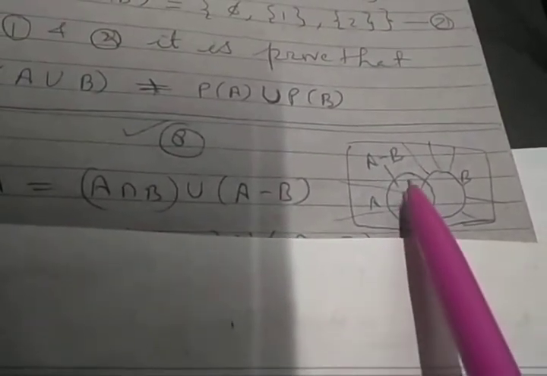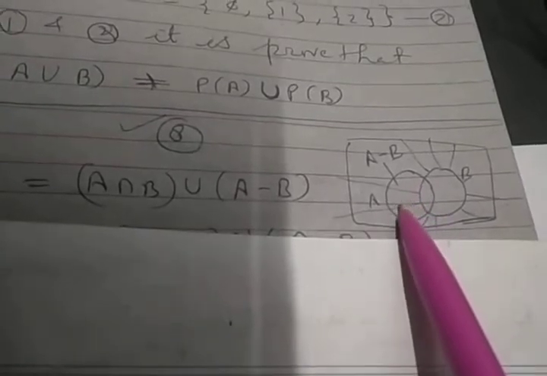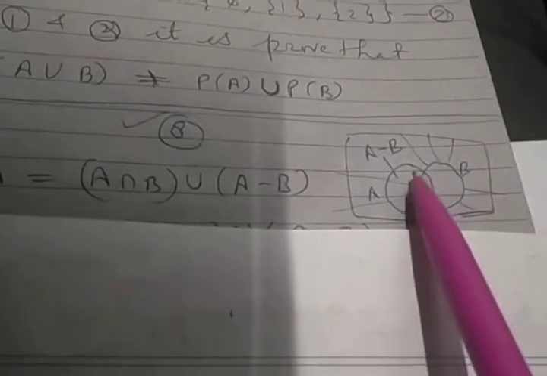See, this is question number 8 and we have to prove that A intersection B union A minus B is equal to A. Firstly we have to see A minus B in the figure. This area is known as A minus B, only A. A minus B is the set of elements which belong to A but not to B. So the common element will be removed from A, and it becomes A minus B.